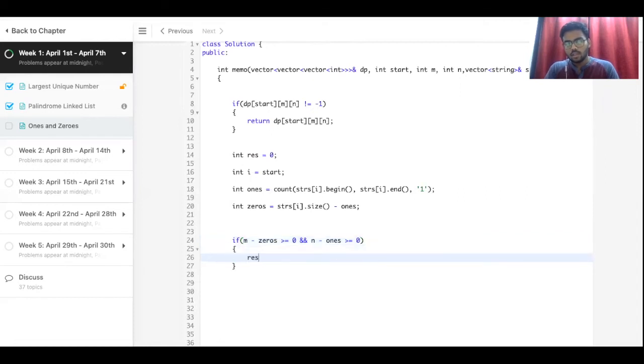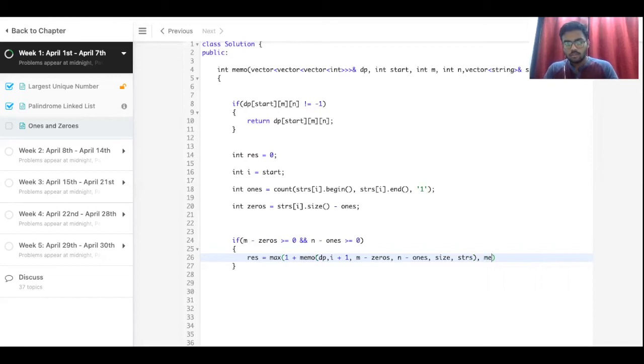At that time result will be max of 1 plus memo dp, i plus 1, m minus zeros, n minus ones, and size, strs. This would be one of the parameters that we'll be passing.